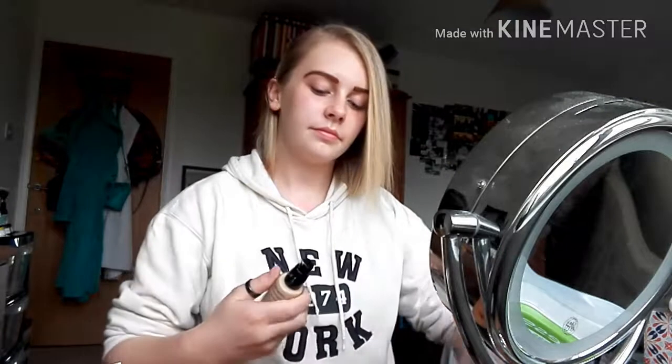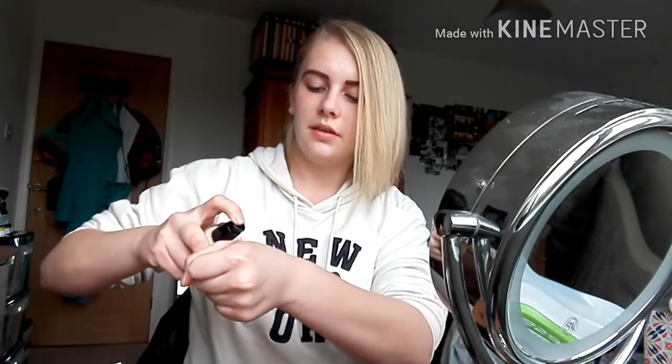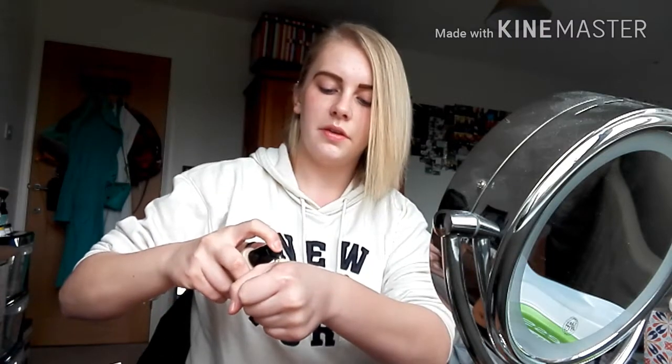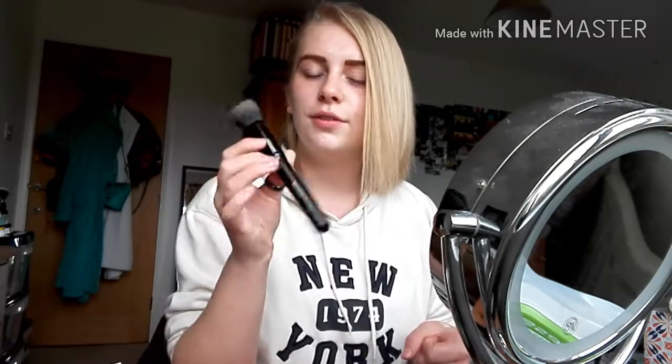So now I'm going to start off with my foundation. I just put 1 or 2 pumps on the side of my hand, or 1.5 pumps, however much I feel like I need or want. So for a foundation brush, I have been using the Morphe MV6 brush. I've been using this for quite a few weeks now, and it's a really nice brush and it's really